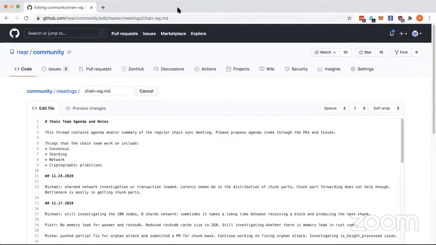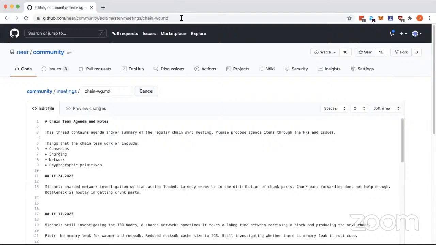For nodes that get a chunk for a shard they don't track, just a single request response is all they need to be good to go. And that's the same as getting a single forward. Yeah, that's true. Okay, that sounds good. Let's discuss more maybe offline. Sounds good. Okay, Piotr, what's on your side?